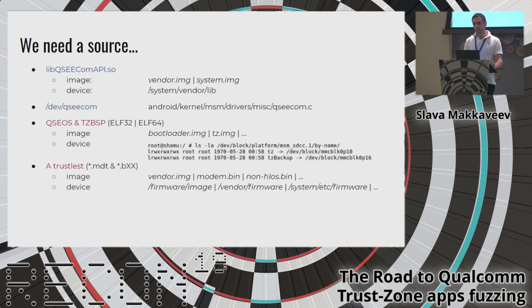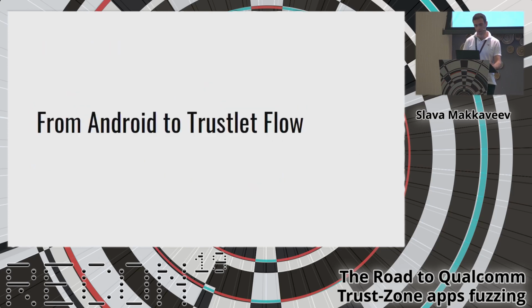So we need a binary for reversing. Where can we find QSEE binaries? Actually, all TEE components can either be extracted from ROM or firmware, downloaded from the internet, or pulled from the device itself. In our case, only the QSEECom driver is open source. Other components are proprietary. So let's take a look at the flow where an Android program loads a trustlet in the secure world and sends a command to it for processing. In this flow, I want to show my way to find a special function in the trusted OS which is responsible for